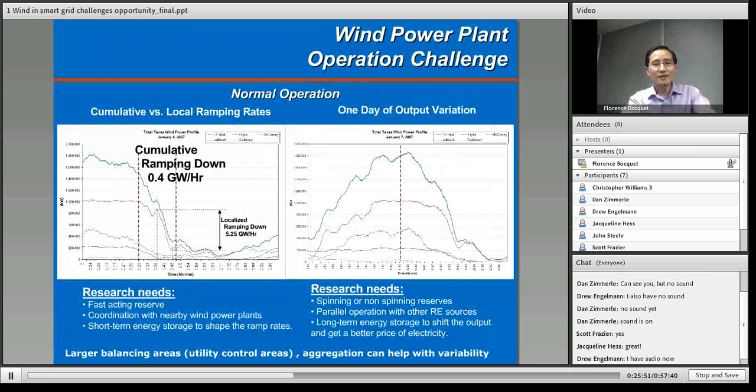And for a wind power plant, as you see here, the variation during a day, during a 24 hours period, is really a lot of variation. But on the other hand, also a lot of ramping events. We can see a lot of wind power generation or wind power reduction because of the rapid change in wind speed sometimes. So that can be a very big challenge for the power grid to handle those ramps. That's why we need larger balancing areas, so that we can aggregate the variability and do better balancing